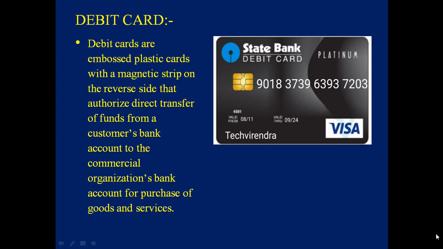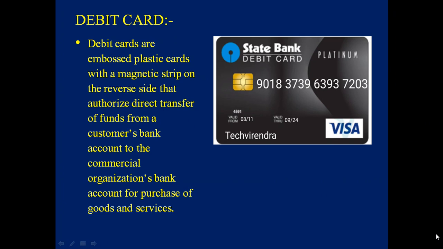So whenever you do any transactions or any services in any area or location, and you have to do the payment for that service, then you can use your debit card. Debit cards are issued by various banks depending on your transaction and history of your account. There's specific information given on the debit card. You can see the name of the bank, the logo of the bank, the number of the debit card, valid from and to, and whether it's a Visa card or MasterCard.